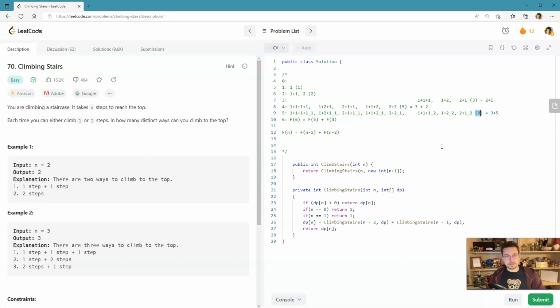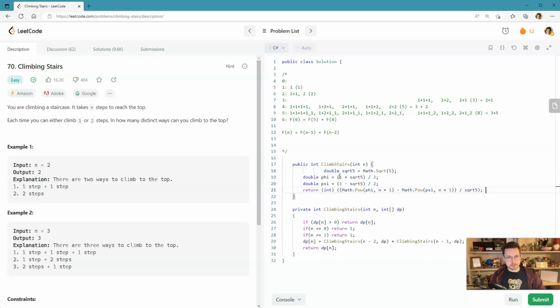And having this in mind, we can use a different solution. I have prepared it. I don't have time to, and you probably will not have time to watch the whole calculations, like how to solve this Fibonacci sequence problem. Here I will just enter the result here,